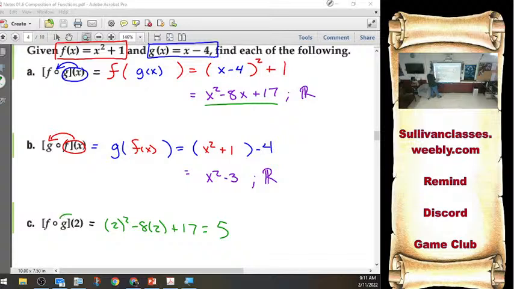The other way says, go find g of 2. 2 minus 4, negative 2. Plug that into f. Negative 2 squared is 4. 4 plus 1 is 5. Okay? So option 1, I have the rule, plug it into the rule. Option 2,